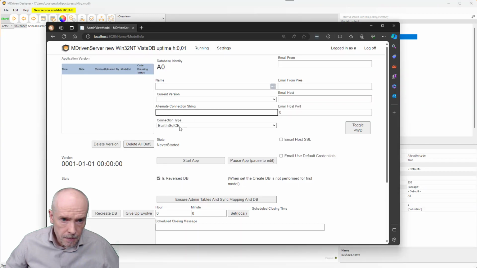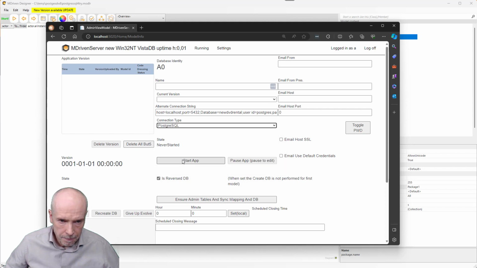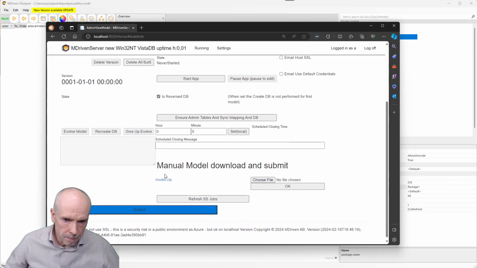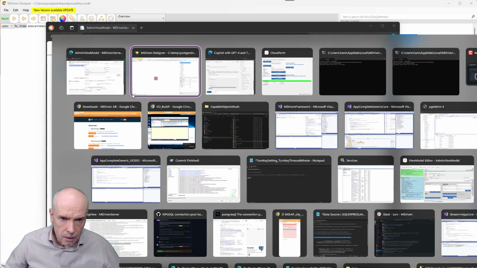And paste that in and say that this particular MDriven server is actually gonna use PostgreSQL. So now we have added the connection string to this particular brand of database and said that that's a reversed setup, and I'm gonna submit all my changes there. What happens now when I